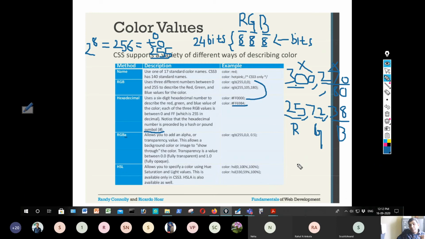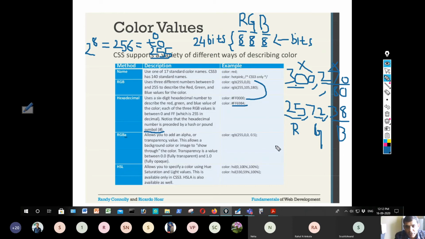You know about transparency: for an element, it decides whether the background should be visible or not. So A here specifies the alpha value, to show through the color. The transparency is a value between 0, fully transparent, and 1.0, fully opaque.